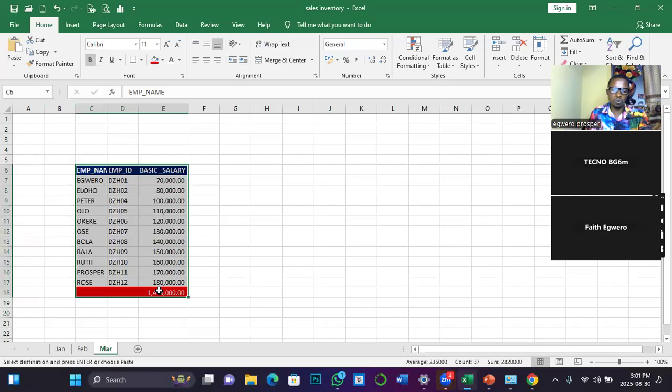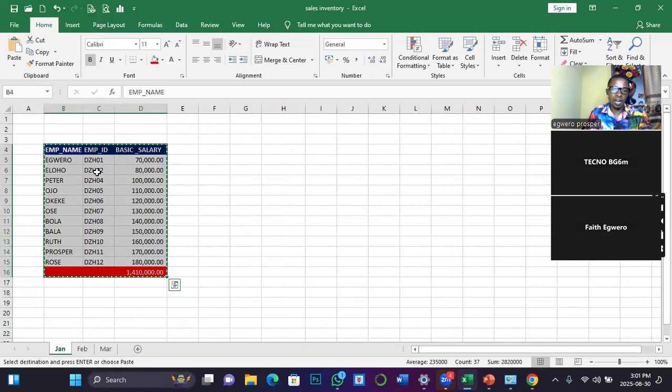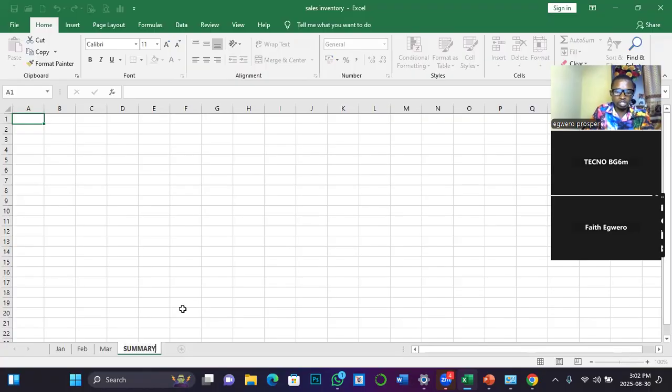Let's assume that you have different salary data across different months, and you have another sheet where you are totaling all the amount that was spent to pay salary across these 3 months. So let's say here is the summary. We are ending soon. Let's say this is the summary sheet.